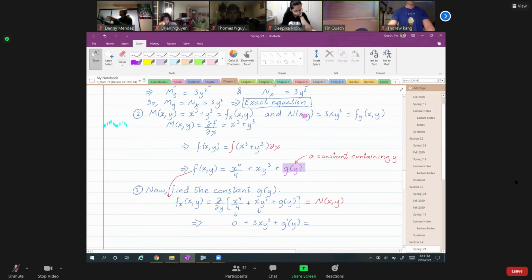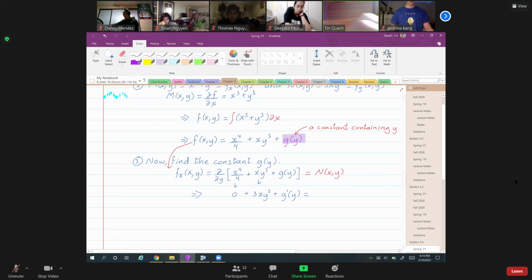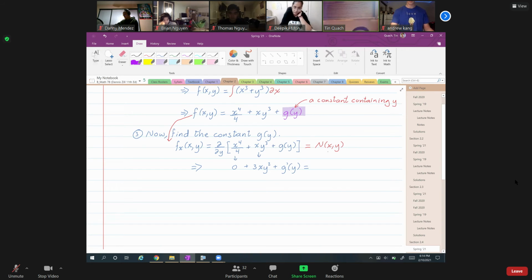Right there, n of xy. Right, so that's 3xy squared. So this is 3xy squared. Okay, so from here we know g prime of y is equal to 0 because these two cancel out. So if g prime of y is equal to 0, then in order for you to find g of y,